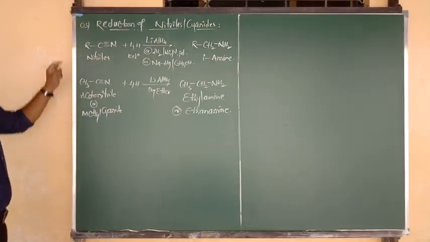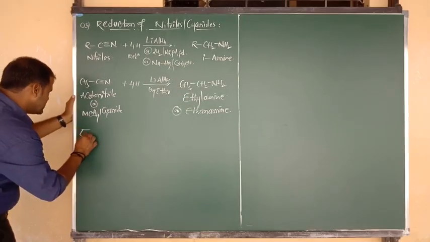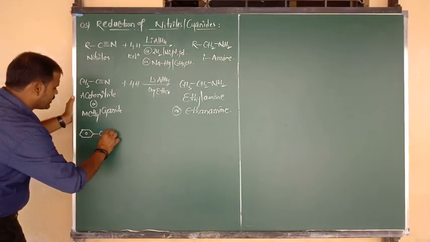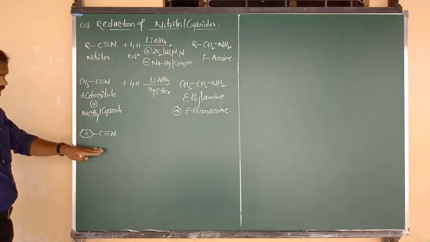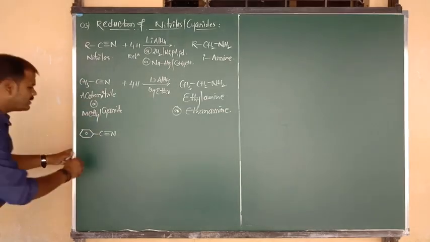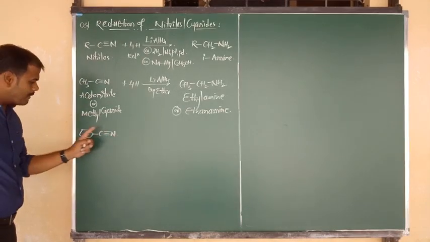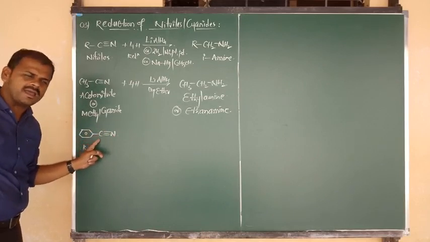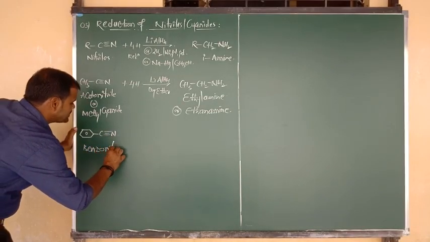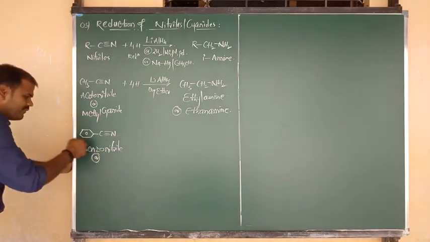This is the example. Now in the place of R, I am going to write benzene. So we can write C6H5, or directly the phenyl ring, connected to C triple bond N. Same formula, but in place of R I have written the phenyl ring. N is for nitrile, but which nitrile? Benzene-connected carbon is called benzo, so benzonitrile. Very, very important. What is the name of this compound? Benzonitrile. It is the IUPAC name. The common name is phenyl cyanide.